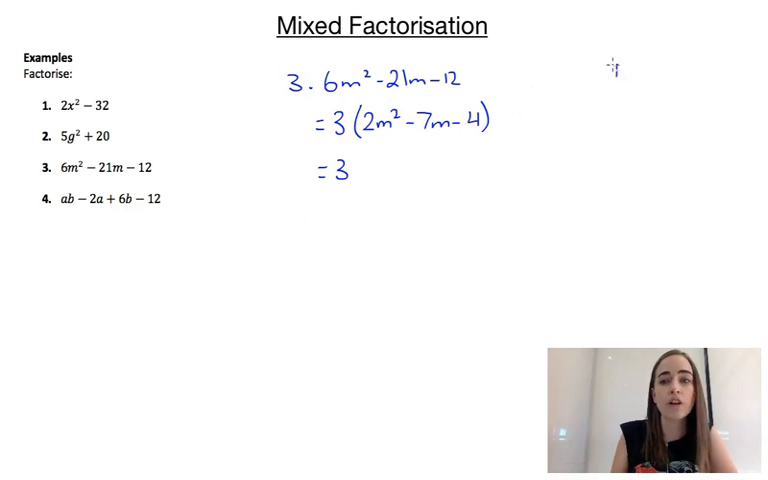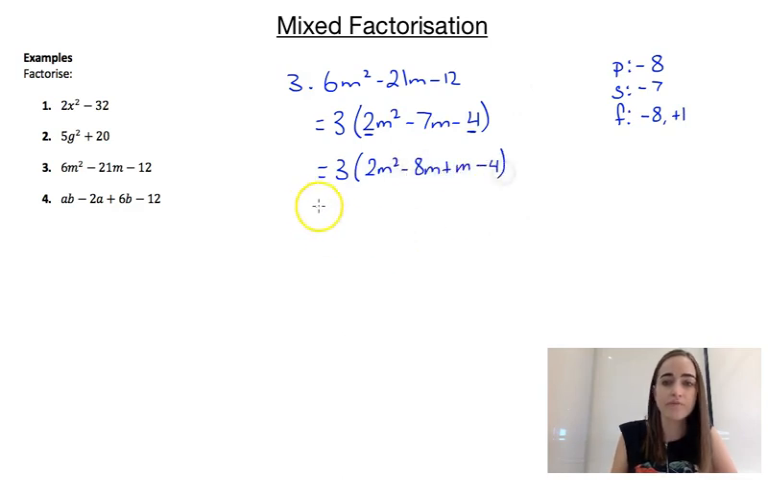So we know that with a non-monic quadratic, our product is going to be the multiple of the 2 and the minus 4. So we're going to need a product of minus 8 and a sum of minus 7. So our factors are going to be minus 8 and plus 1. So that means we're going to split that middle term into those two. So we're going to have 2m squared minus 8m plus m minus 4. And then I'm going to factorize what's in the bracket by grouping. So I'm going to have 3 outside of. Now these first two terms, I've got a common factor of 2m, and that would leave me with m minus 4,